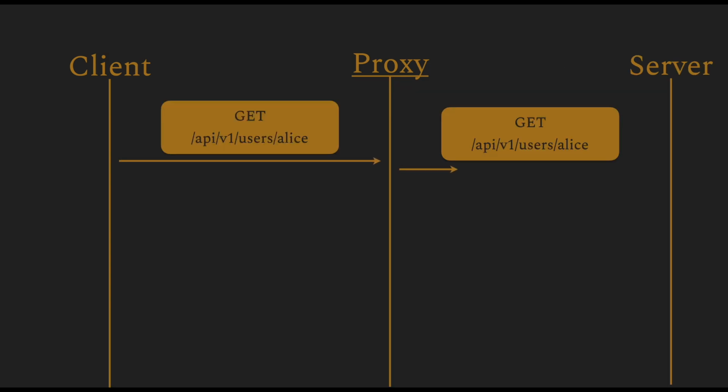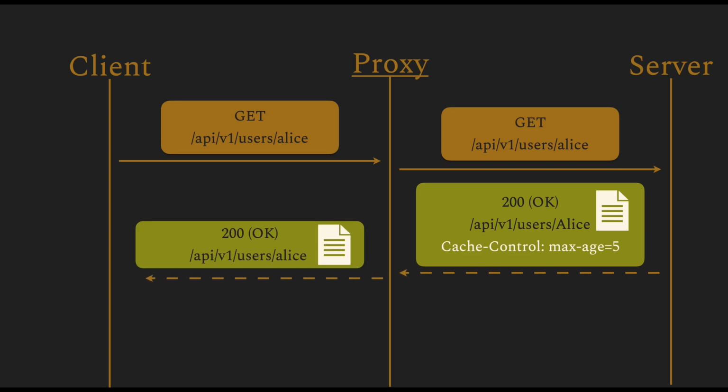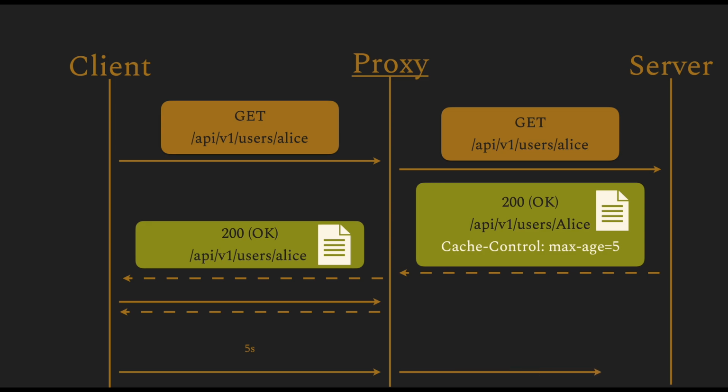Similarly, the origin server can also set this Cache-Control header to a max-age value, which means that the proxy must now remember that this data is valid only for 5 seconds. Any requests that come before 5 seconds, the proxy can return the value that is cached, and after 5 seconds, it must contact the origin server to return the new updated value.